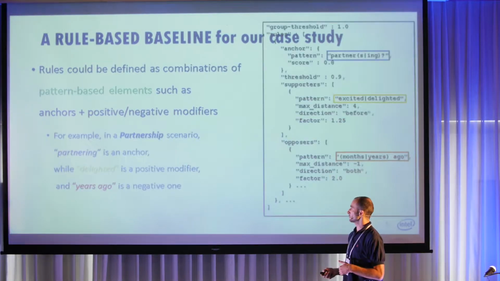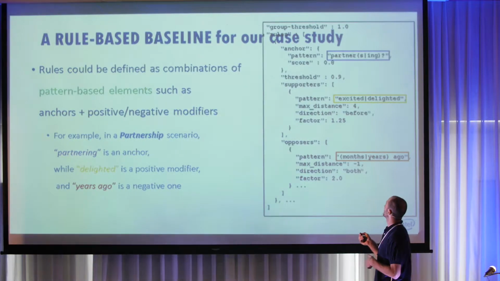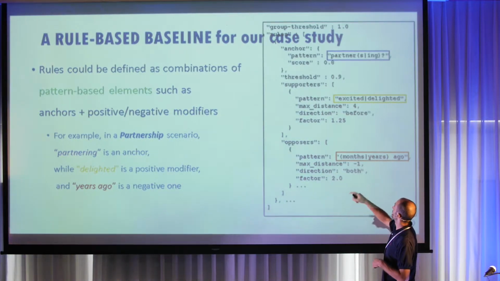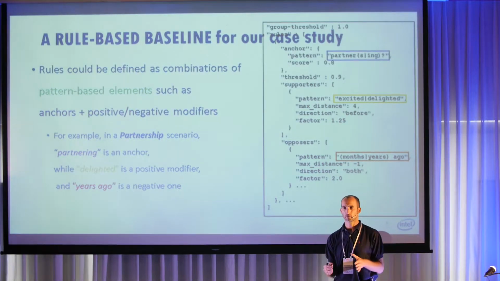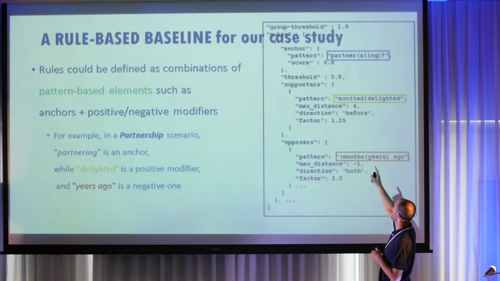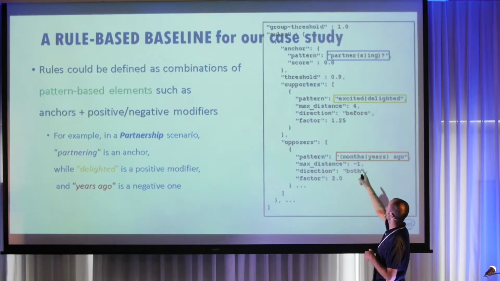What do I mean by create rules? For example, you can see here that we created a rule for the use case of partnership. So we want to know whether a tweet talks about partnership between companies. So if we see the regex of partner or partnering or partners, we will give it, you see, the score